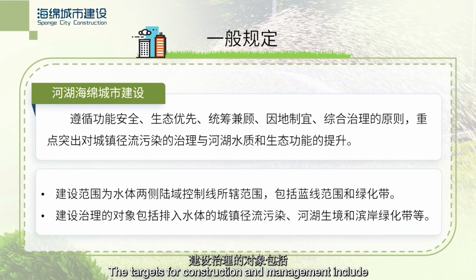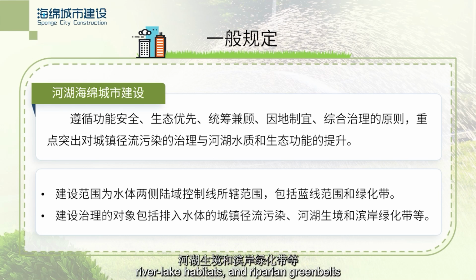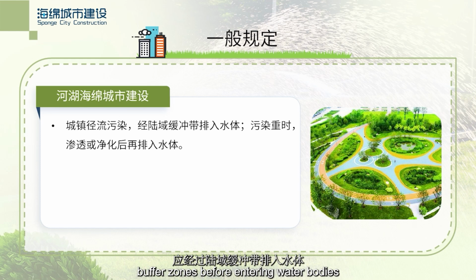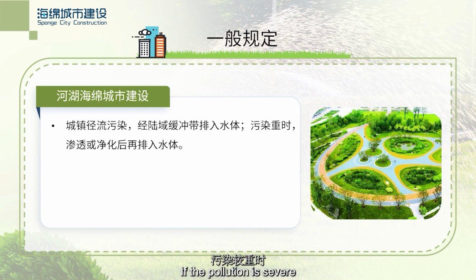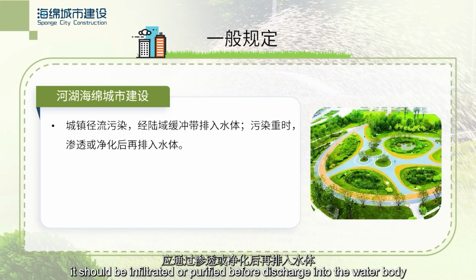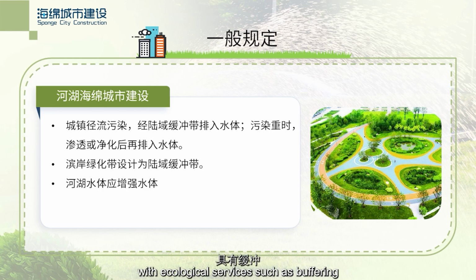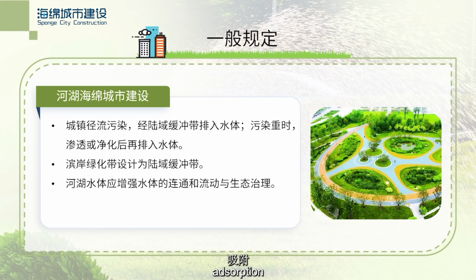The targets for construction and management include urban runoff pollution discharged into water bodies, river and lake habitats, and riparian green belts. Urban runoff pollution should pass through terrestrial buffer zones before entering water bodies. If the pollution is severe, it should be infiltrated or purified before discharge into the water body. Riparian green belts should be designed as terrestrial buffer zones with ecological services such as buffering, interception, adsorption, and soil